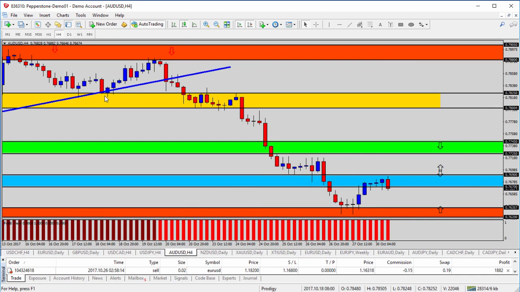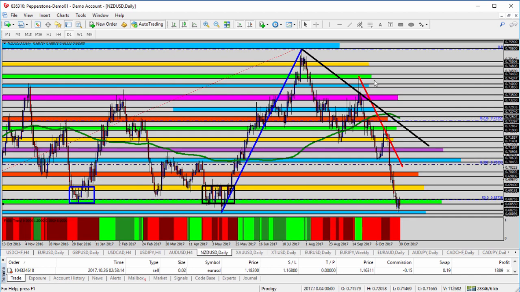Clearly, down to the 4-hour time frame, we're underneath that blue zone. So as long as it's underneath there, I don't think I would look for a buy. If it breaks above 76.90, maybe a buy scenario back to the green zone. As long as it's underneath there, targeting back to the orange zone may be your best opportunity for the day on the Australian dollar. And lastly, over to the NZD USD, we've had a significant long-term trade that we've been